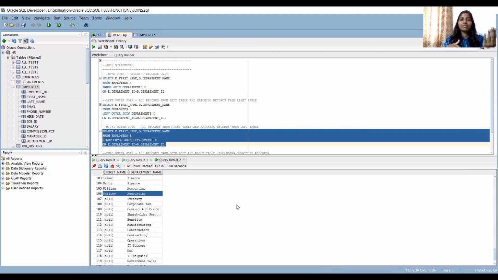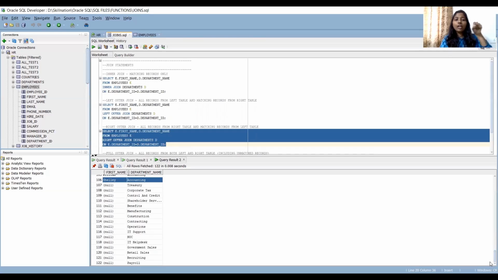Only the matching from the left and all the records from the right table. That's why it is called right outer join. That's why we have got 122. It has not added Kimberly. Kimberly has not been added because Kimberly doesn't have a department, so he has been ruled out. So 106 plus the rest of the departments which are present in the right table alone.